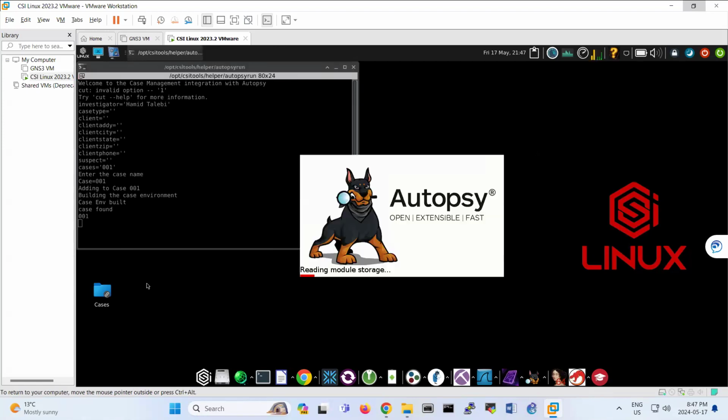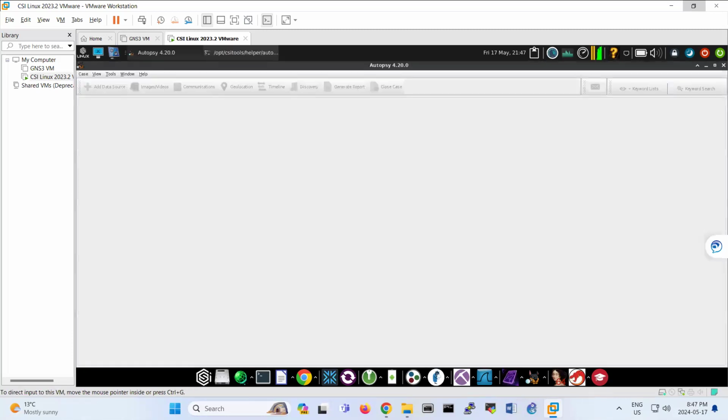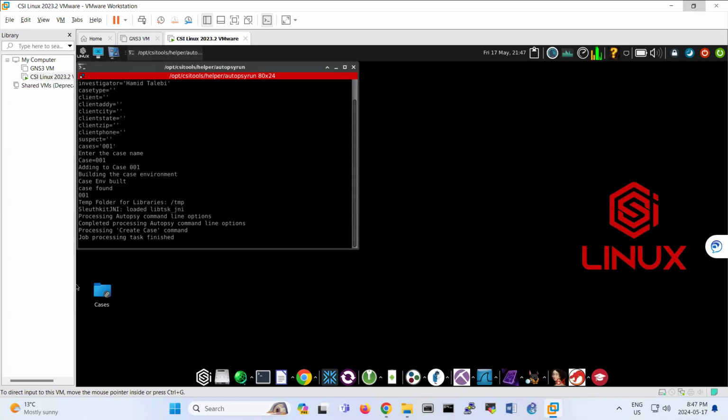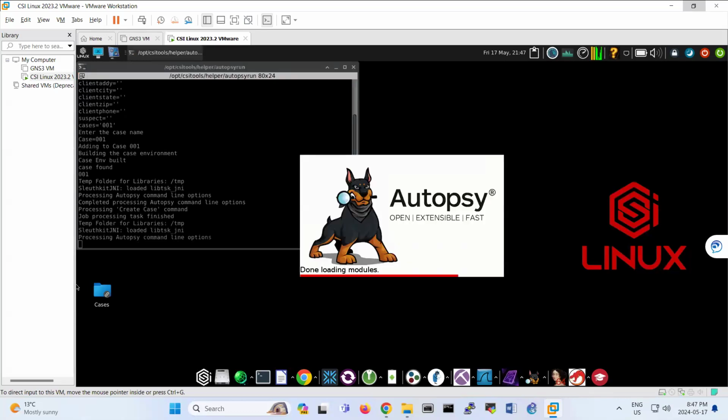Once you create a case, it will open up a folder under your desktop, and part of the assignment, the first assignment, I ask you to import the file. That file actually is a kind of file that is related to a database of images. So I'm bringing that one here. So to show you,